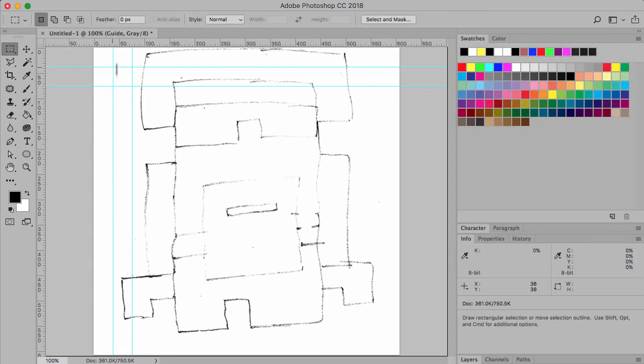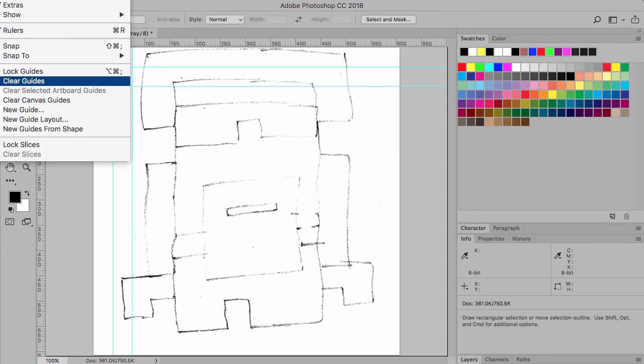So now, if you'll notice, I have these guides here that make perfect squares, and if I kept on doing that horizontally and vertically, I would eventually have these things set up to 38 squares across by 38 squares down, which when I shrink it down to 16 by 16 works out perfectly mathematically. I'm not going to do that, so let me just show you what else I do. I'm just going to go to View, Clear Guides,